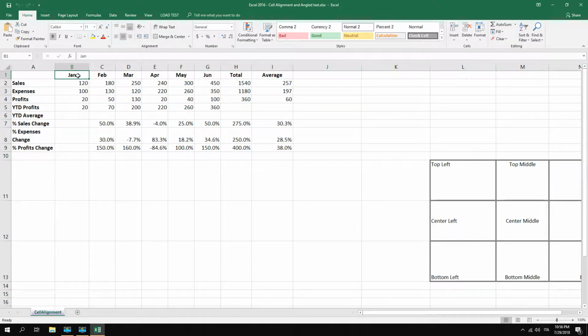or the first column, you can just select it. And as you can see, the text is already in the center. If you want, you can put it on the right side. As you can see, the text is on the right side. If you want to align the numbers,